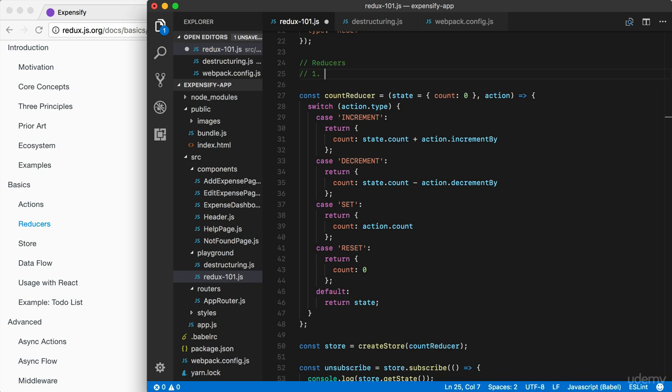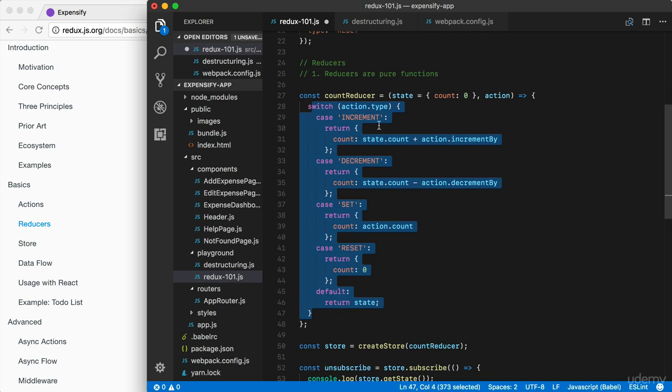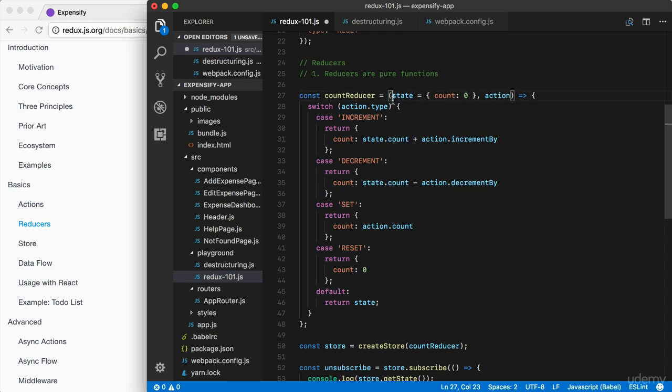The first important attribute is that reducers are pure functions. Now, what is a pure function? It's not just a function. A pure function has certain qualities. First up, the output is only determined by the input. In our case, this function's output, what it returns, is only determined by the things that get passed in. So the state and the action. It doesn't use anything else from outside of the function scope, and it doesn't change anything outside of the function